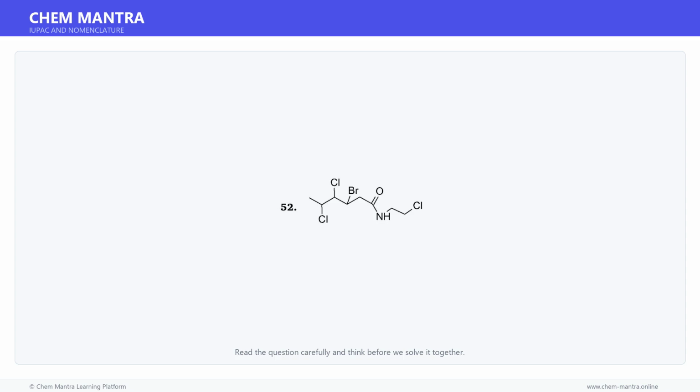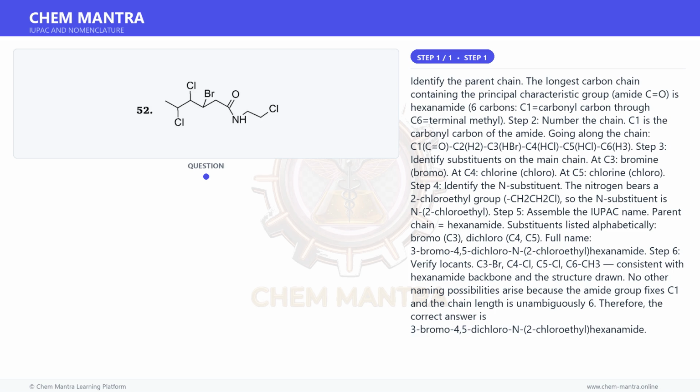Here is a question. Read it carefully and think about the answer. Let us solve it step by step. Let us begin solving this step by step. Identify the parent chain. The longest carbon chain containing the principal characteristic group, amide C=O, is